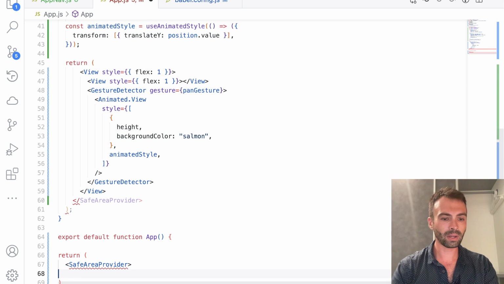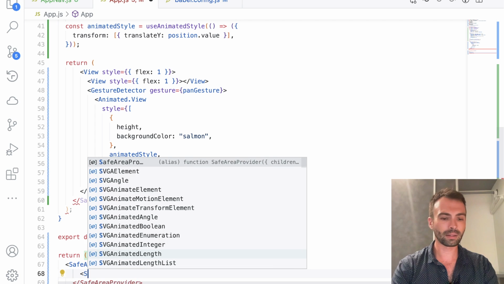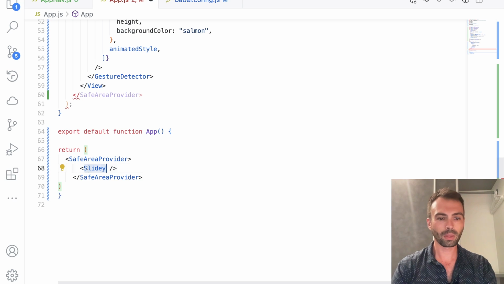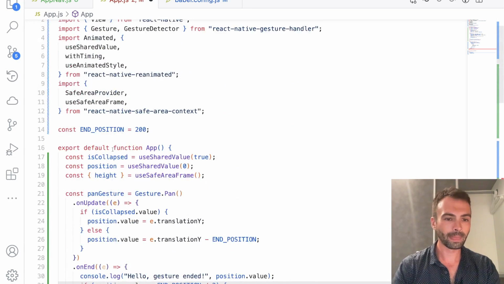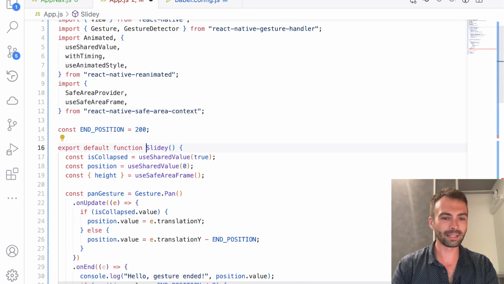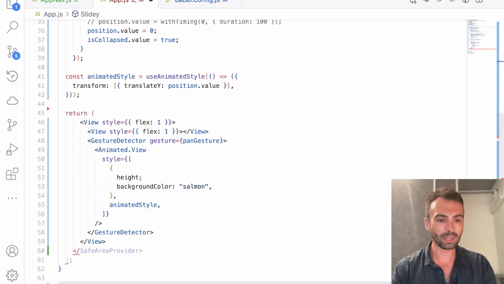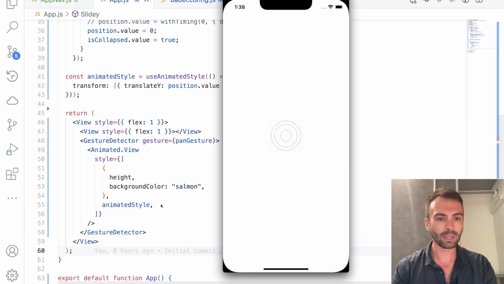Return the safe area provider, and inside of it, it'll have this thing. I'm not good at naming things. I'm just too lazy to name it properly, so I'm just going to name this function slidey. And now we don't need this safe area provider. Now hopefully,